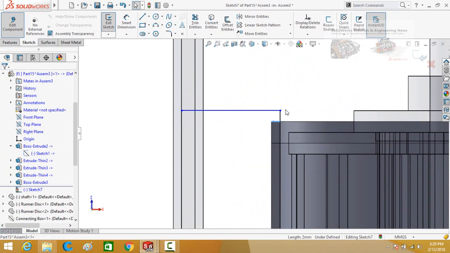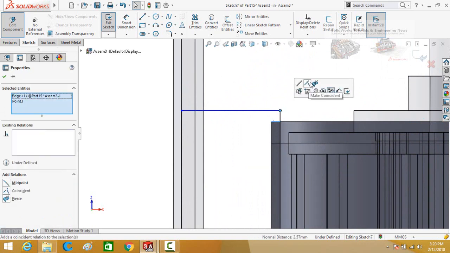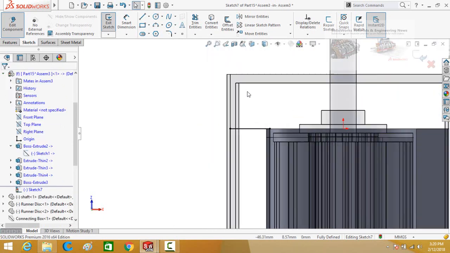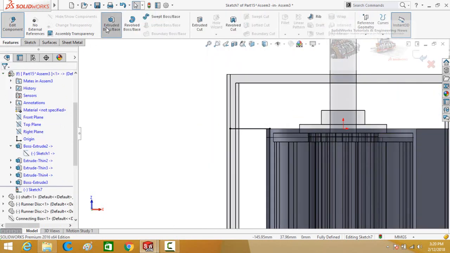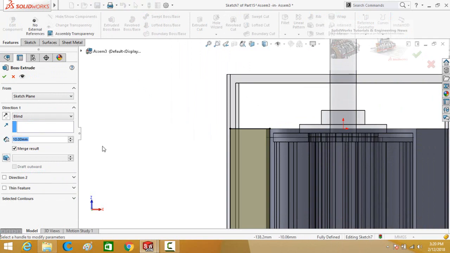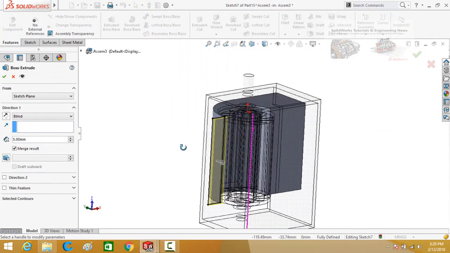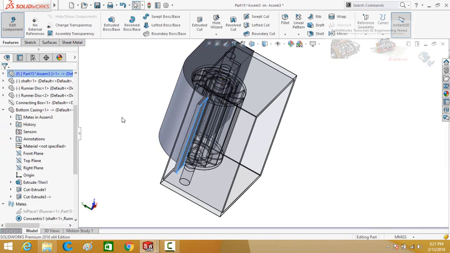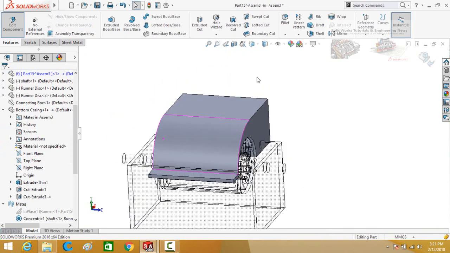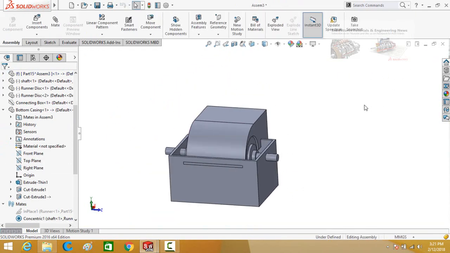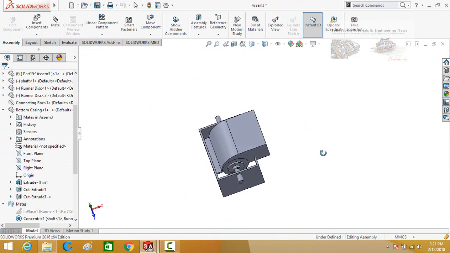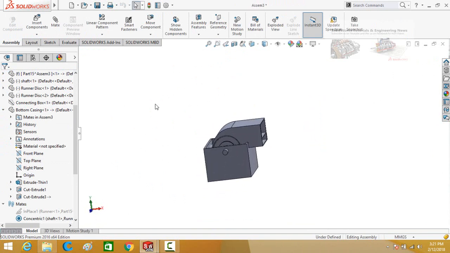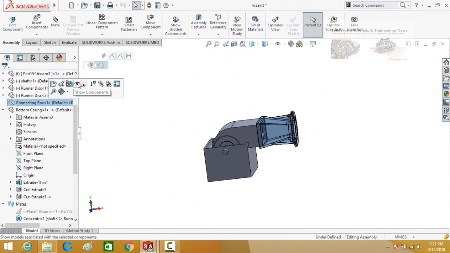Now select this line and then this point. Make their relation coincident. Go to features tab and select extruded boss base command. Extrude it up to 5 millimeter in the reverse direction, press OK button. Now press this button. Now unhide the connecting box.